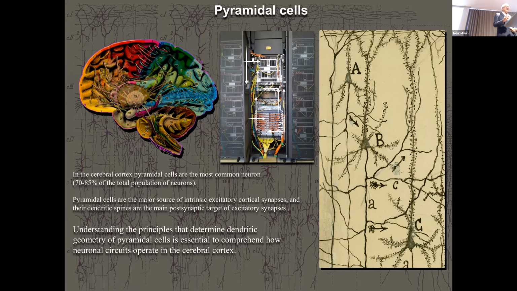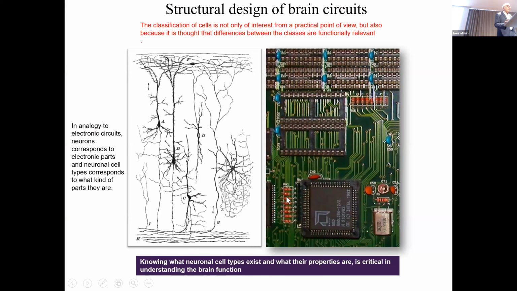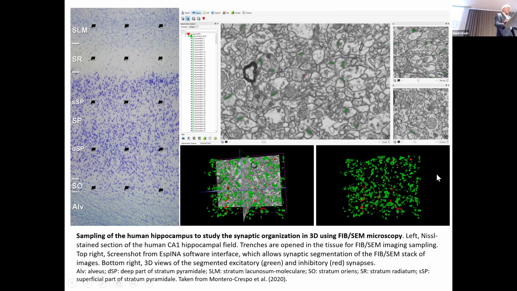So understanding the principles that determine the dendritic geometry is critical to then construct in silico digital circuits of the brain. So we need to know what is the design of the neurons that make up these circuits. So in analogy to the electronic circuits, neurons correspond to electronic parts, and neural cell types correspond to what kind of parts they are. And this is very important because the classification of cells is not only important from the